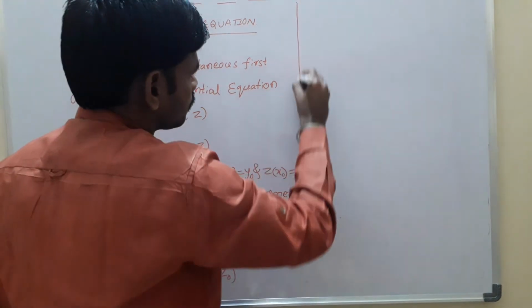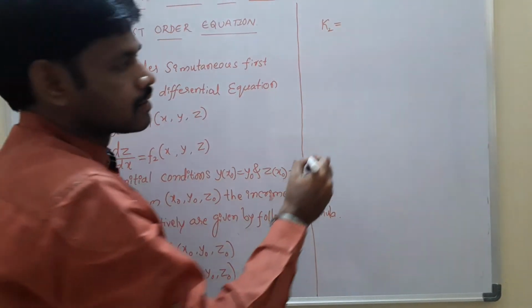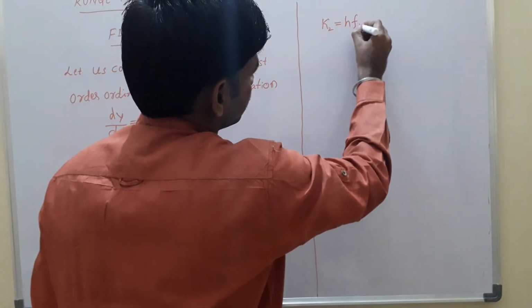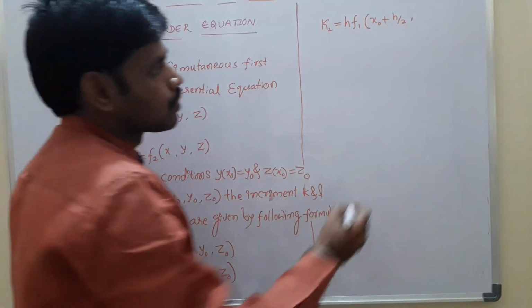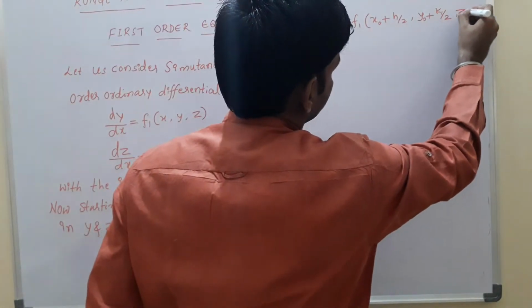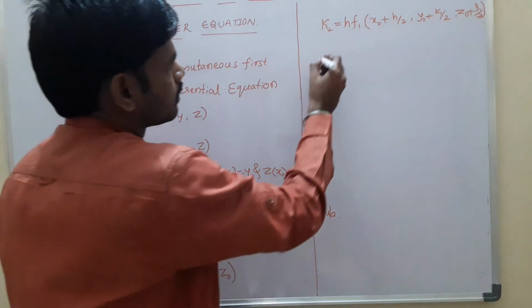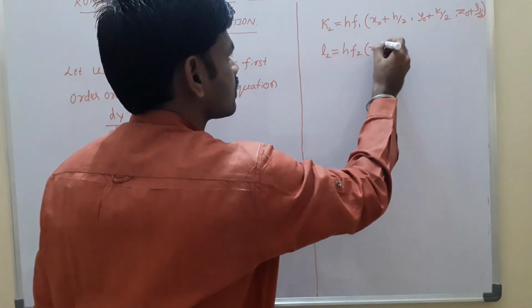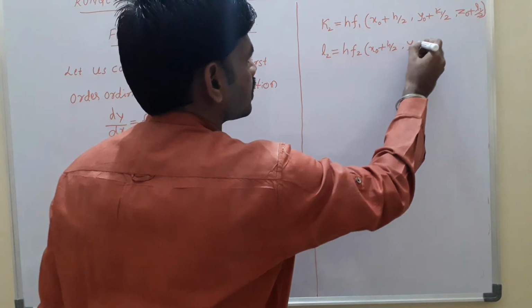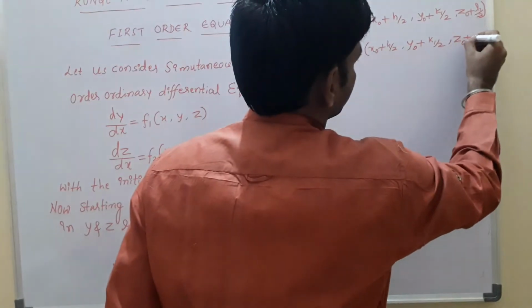and k2 equal to h into f1 x naught plus h by 2 comma y naught plus k1 by 2 comma z naught plus l1 by 2 and l2 equal to h into f2 x naught plus h by 2, y naught plus k1 by 2 and z naught plus l1 by 2